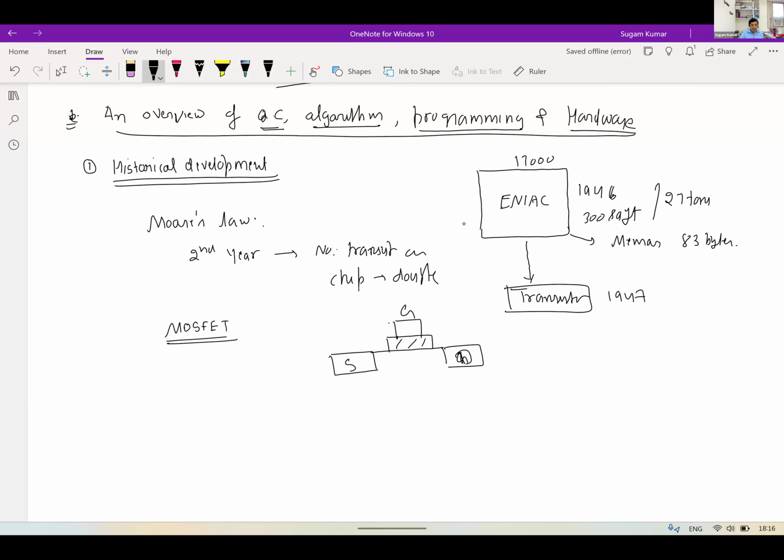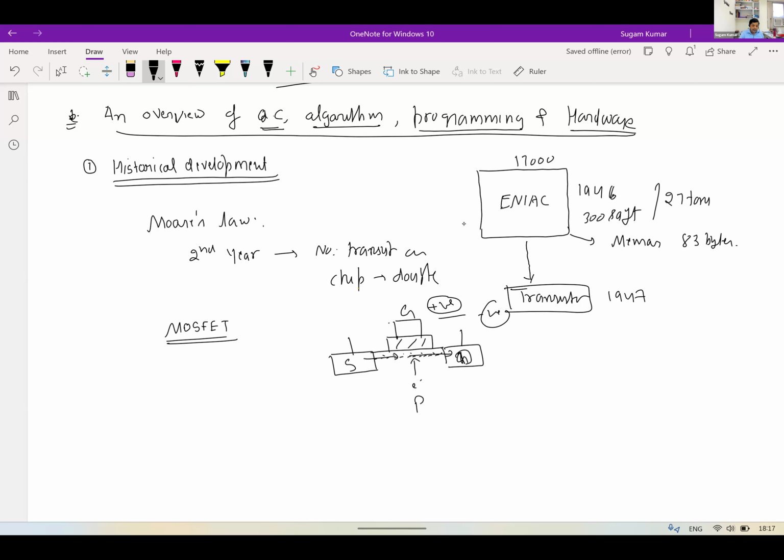For example, if this is a p-type substrate and you apply some voltage on the source, then depending upon the gate, for example, if you put a positive potential, then electrons are attracted here, and you have a conducting channel, and the electrons from this side easily travel to the drain. So this MOSFET acts like a switch when the gate voltage is positive. When the gate voltage becomes negative, electrons are repelled out. There's no conducting channel, and then it acts like an off switch.